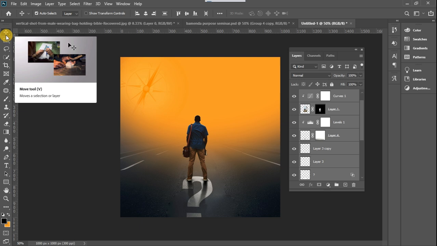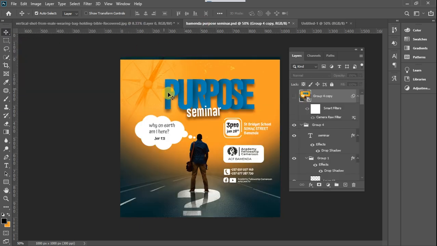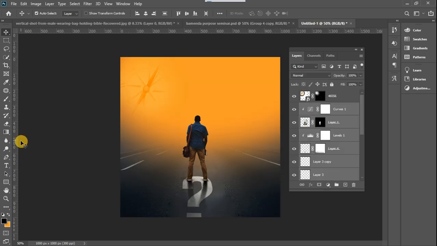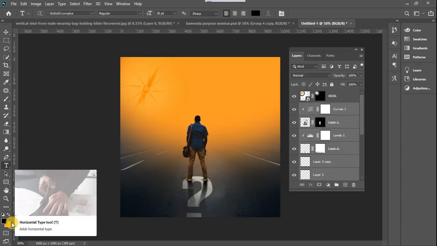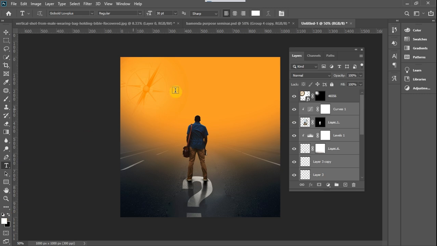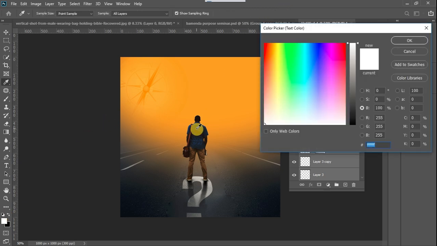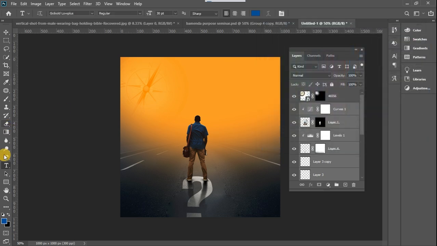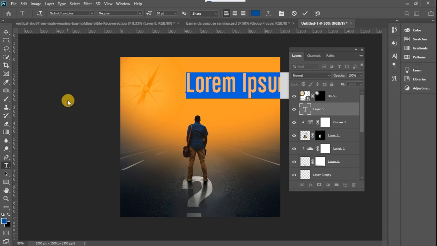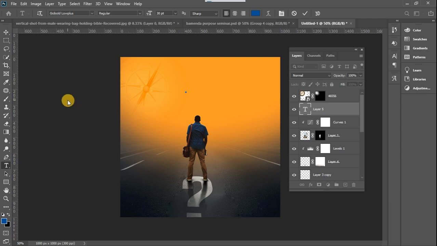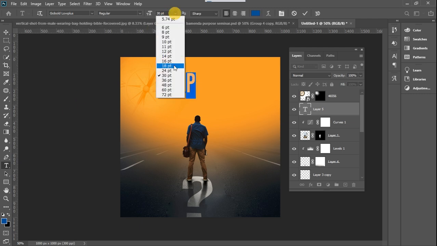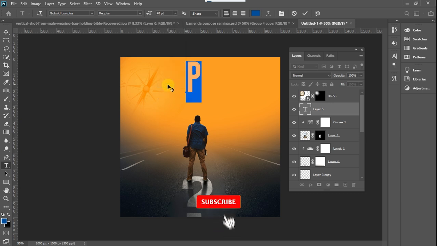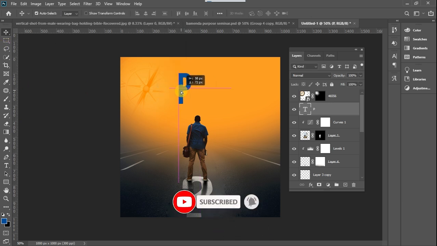Okay, so at this point we are going to create this text effect, PURPOSE. So I'm just going to select my text tool and change this color to a blue color like this, maybe a blue color like this one. Okay, and I'll just click here, type in P for purpose, make sure everything is in capital letters, and maybe I'll increase the font size to say 48. Yes, P for purpose,